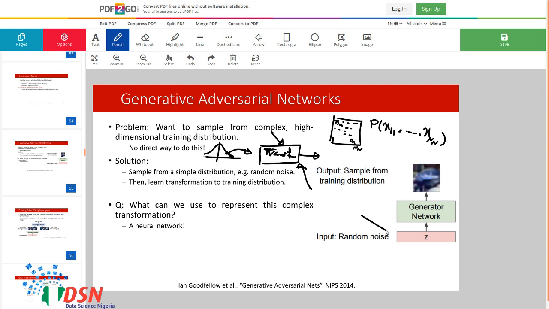We have a simple distribution in the input, let's say random noise or a Gaussian distribution. From it we have some samples, and after that we pass them through a generator network, which tries to apply a complex transformation of the input to create an image with this network.